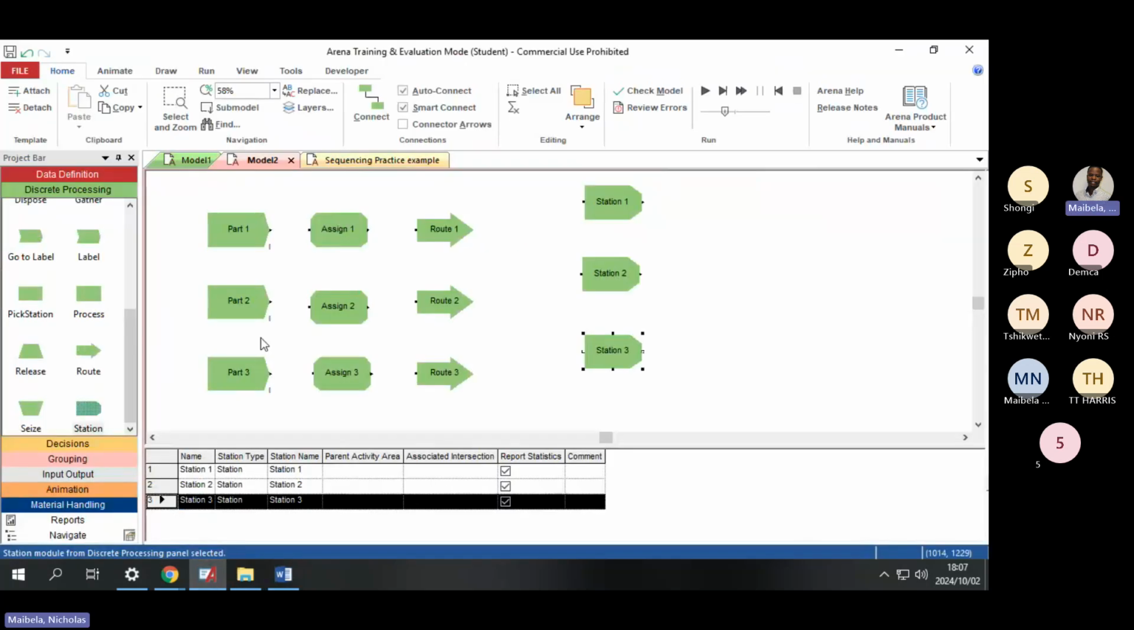Okay, so as I was saying, for now we're just placing all the modules we'll need, and I'm just going through what each module means. And then after that, we're going to start putting in our parameters, connecting all our modules, and then running our simulation. So we started off by putting